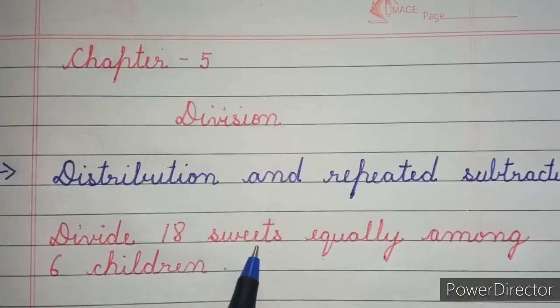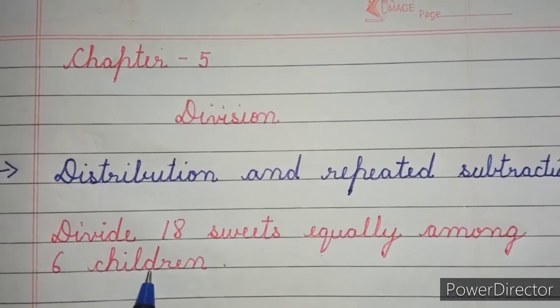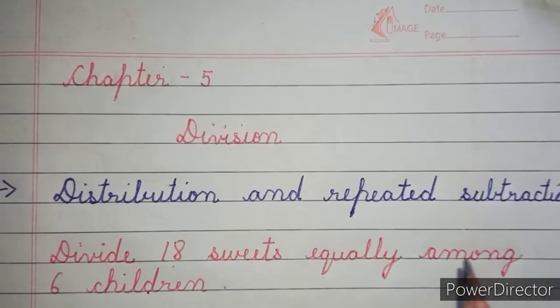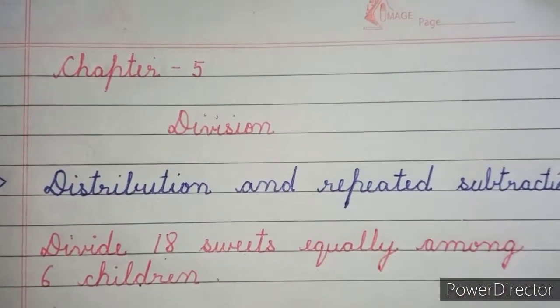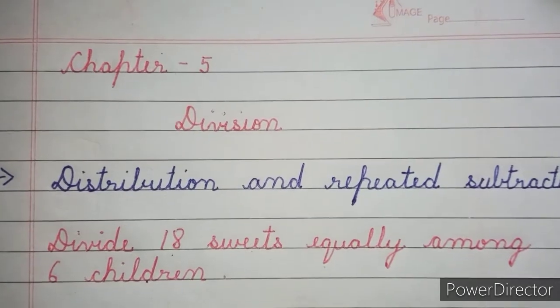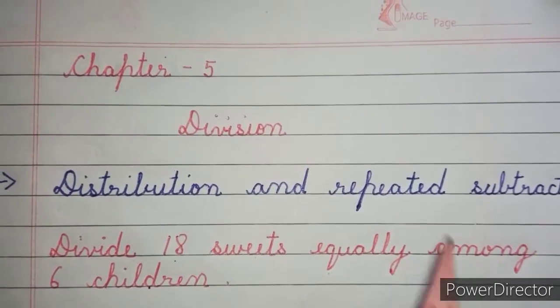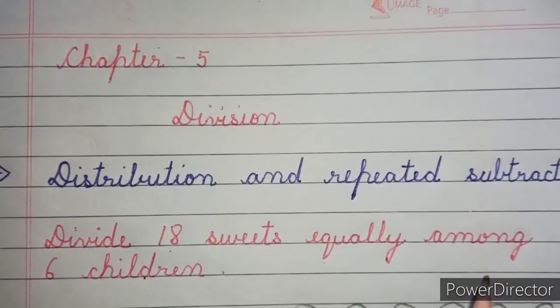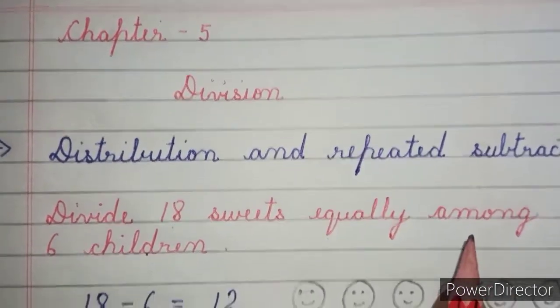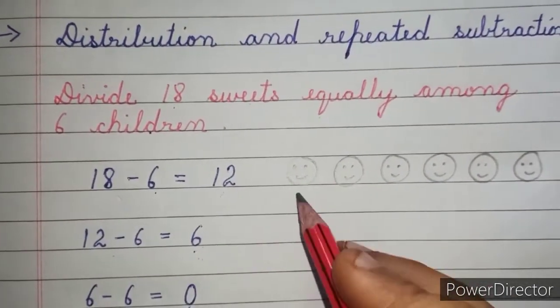Divide 18 sweets equally among 6 children. We have to find out how many sweets each child will get. Let's use repeated subtraction to find the number of sweets each child gets. On giving one sweet to each child,